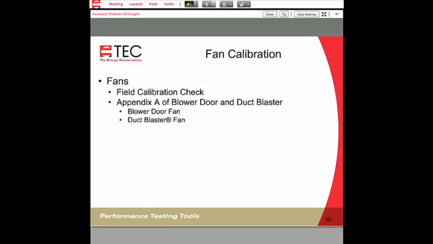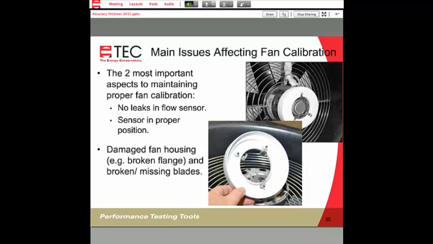So how do you do a field calibration check? There's a couple of ways of doing that. Some of the things that affect calibration basically is the location of the sensor, and in this case you see in the foreground picture the flow sensor of a Model 3 fan.